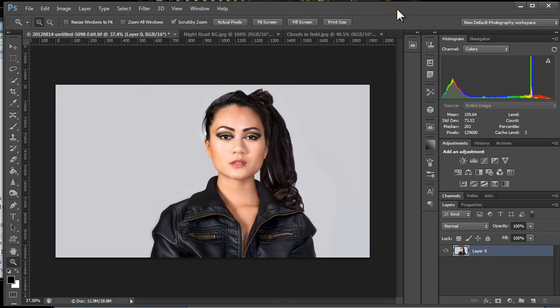Hi, my name is Tom Shue, and I'm going to teach you how to extract somebody from a background in the short version. Okay, first thing you want to do is come over here and grab your quick selection tool